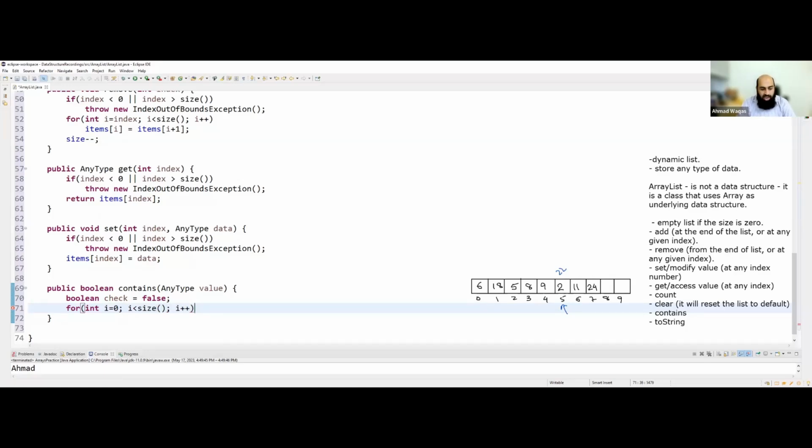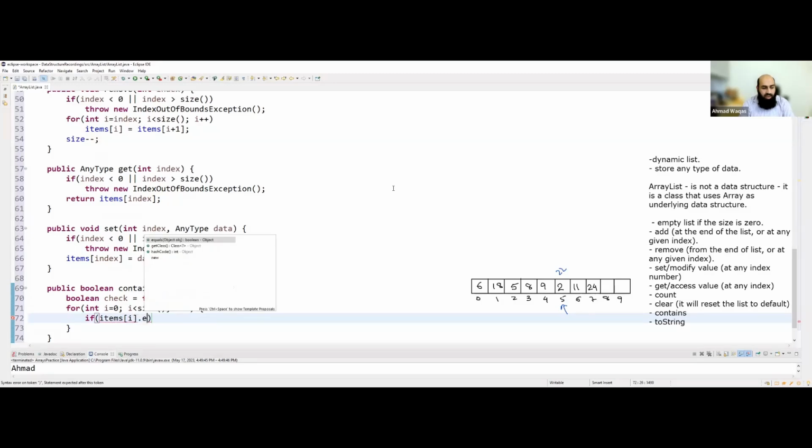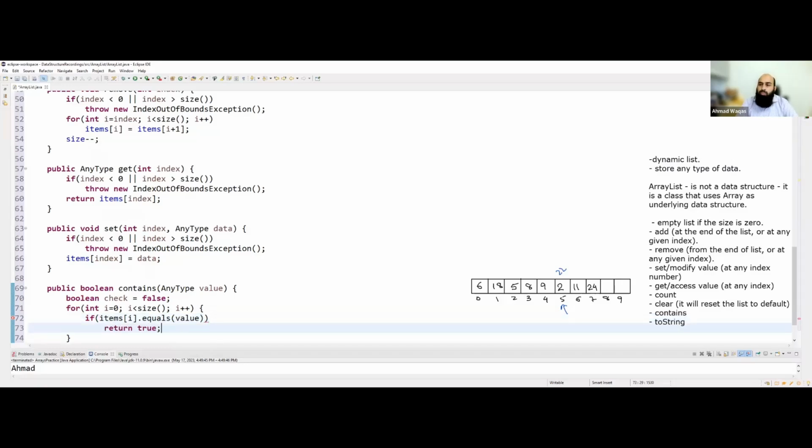What I need to check is if items of i dot equals. Why am I using the equals method? Because it is not an integer, it is something that we are going to compare, right? In order to compare two objects, we use the equals method. Compare it with the object. If it is equal to this one, in that case, return true. So if at any position the value is found, this will return true